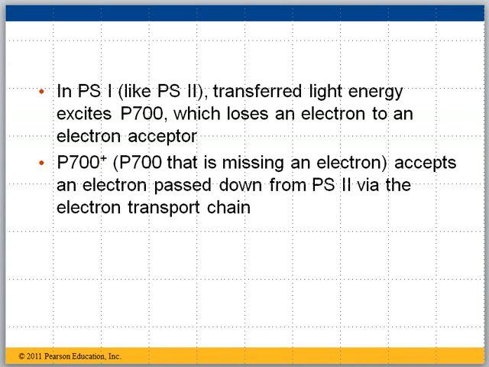P700 then transfers that excited electron up to the electron acceptor, just like what happened in the other photosystem. And now P700 plus is missing an electron, and guess what? There's an electron that just came over from photosystem 2. So P700 plus now says, oh, hey, I'll just grab that one,